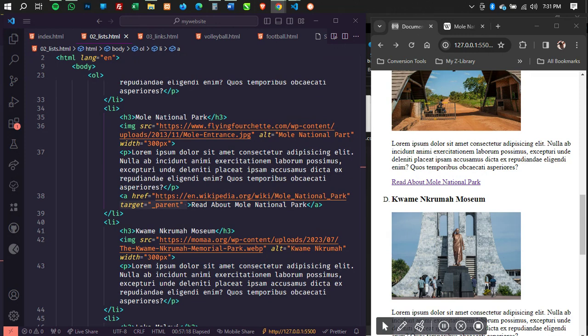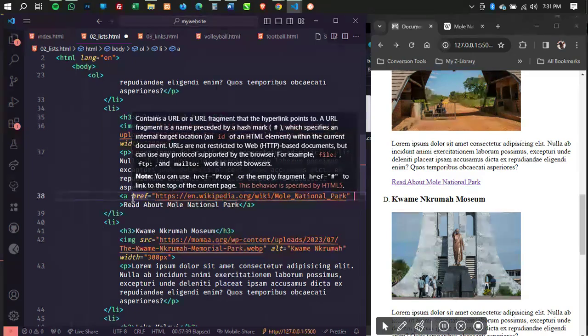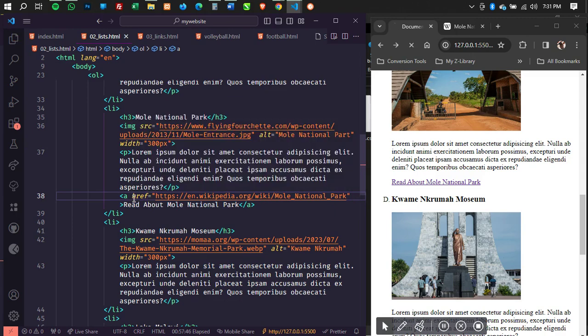Yes, sir. Please, with the target attribute, can you just leave the quotes empty without writing anything inside? When you bring the quotes, you have to specify a value. So if you don't want to bring it, you just clear everything. Just don't bring the target at all. Are you okay? Okay. Thank you. You're welcome.